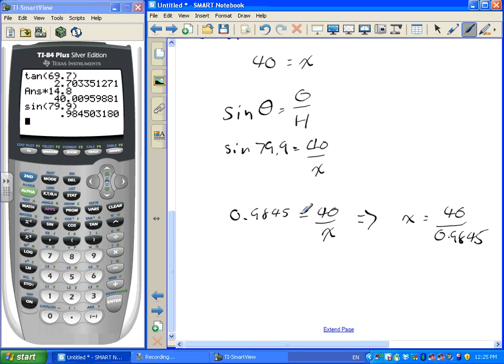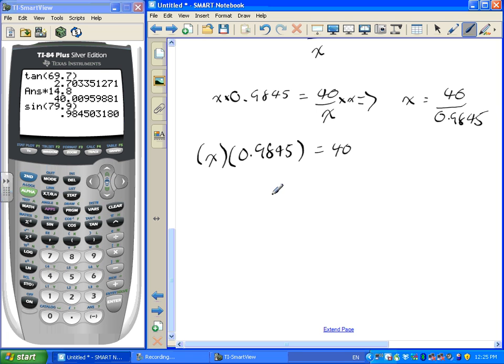I need to bring the x to the other side, which means I need to multiply both sides by x. Okay, so this will read x times 0.9845 is equal to 40 because the two x's cancel out. And finally, because I need to isolate x, I have to divide both sides by that 0.9845. So it becomes 40 over 0.9845. So if you guys remember from what I said from